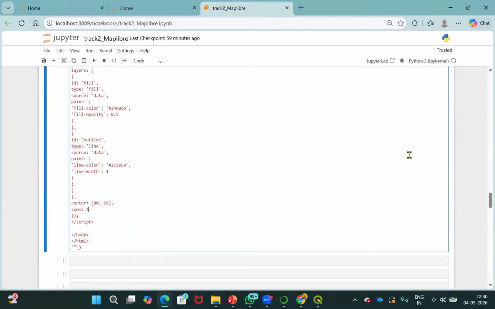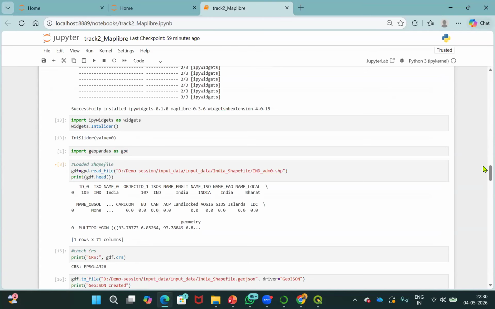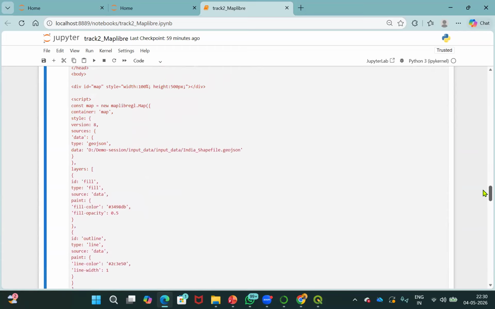Now here we have changed our Python. We have changed our